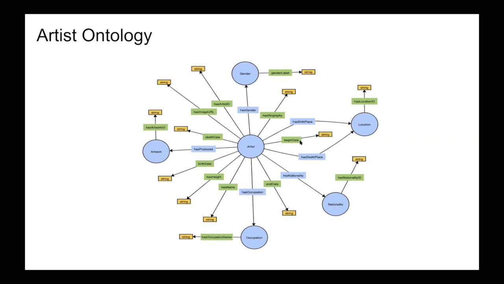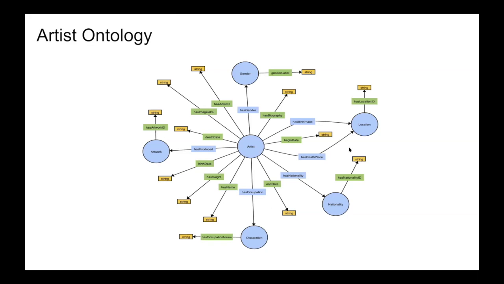Hello everyone. So my name is Suyog. I'll be explaining the artist ontology. So we have artwork, gender, location, nationality and occupation classes in this, which are linked to the artist by different object properties, such as artwork is linked by has produced, and occupation is linked by has occupation, nationality